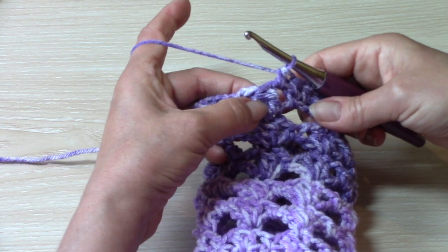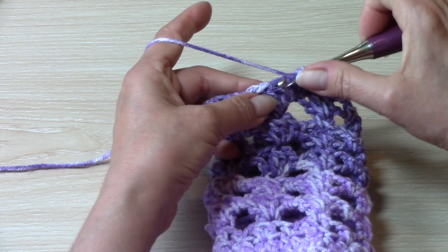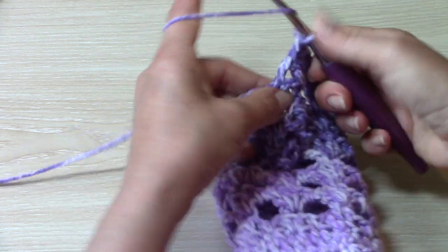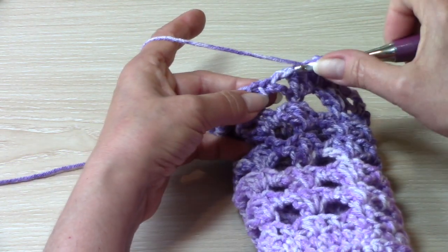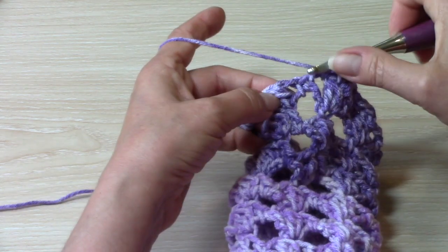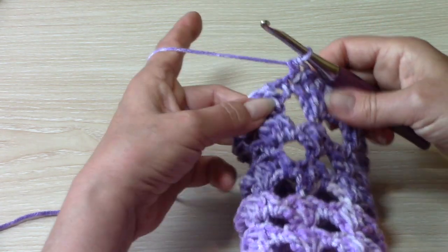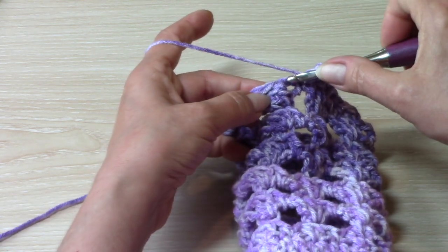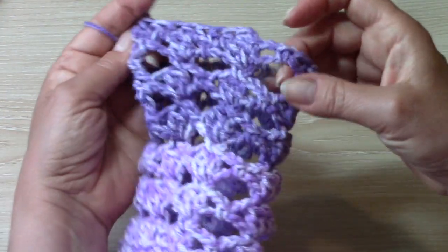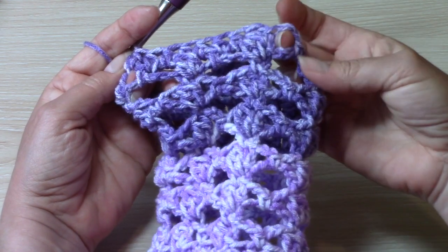Okay, so again we have the top of our cluster, place 1 half double there, there's 1, 1 in the next chain 2 space, 2, 1 in the single crochet, 3, 1 in the next chain 2 space makes 4. But when you get to the end, make sure that you place your last half double crochet in the last